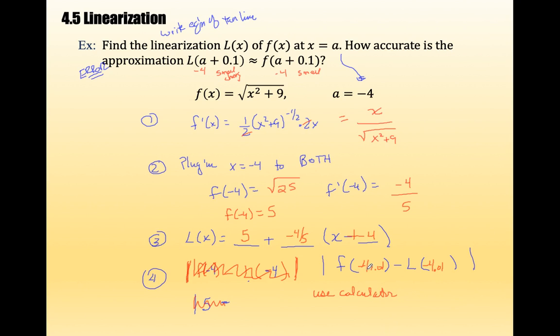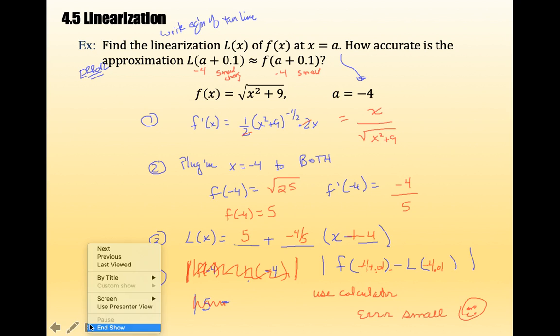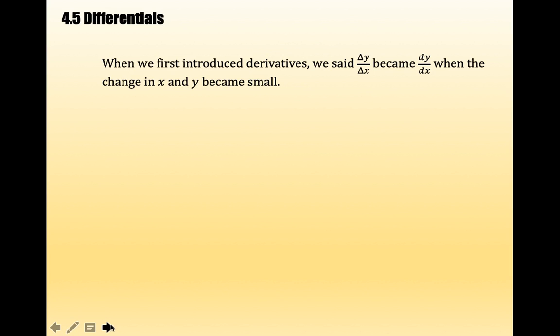But you will see that these values, since you have a small change in your x, your error is going to be very small. As opposed to if I had made this delta x, right? If I had changed the x by -4, what if I'd said, oh, approximate x equals -10? No, you would not use your tangent line then. You would make a new one,